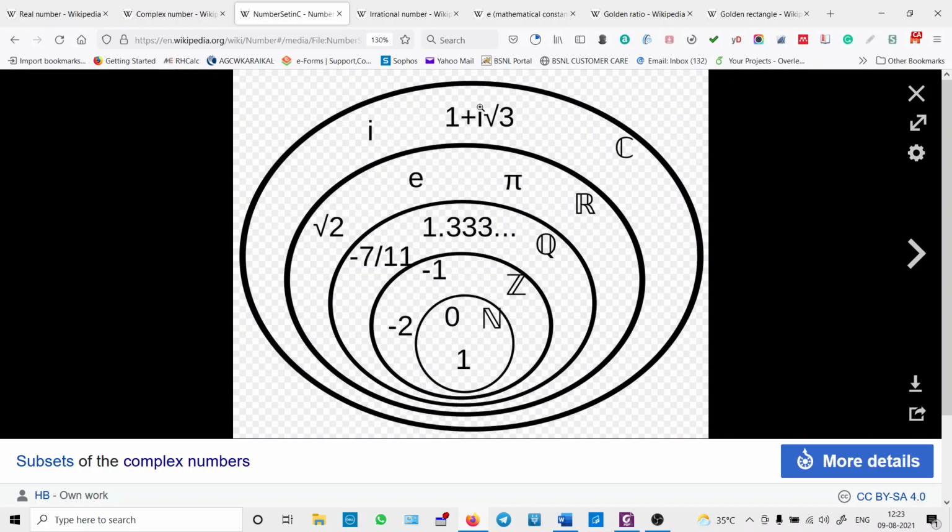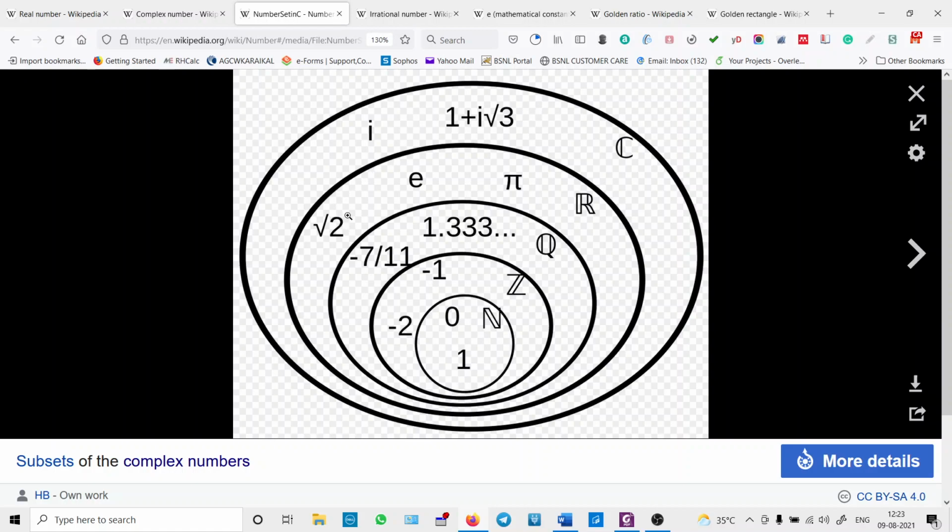If suppose this imaginary part happens to be 0, then we get a subset that is called the set of all real numbers, which we are going to study this year. That is, fully we are going to analyze only real numbers and their properties. Real numbers is clearly a subset of complex numbers, and under real numbers we can subdivide into two major sets. One is rational numbers, denoted by Q, and another is irrational numbers, that is the complement of Q, Q c or Q dash.